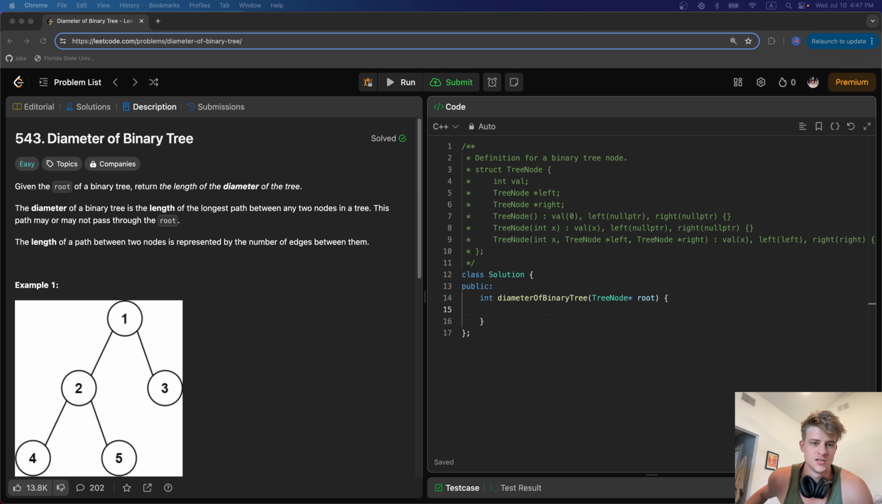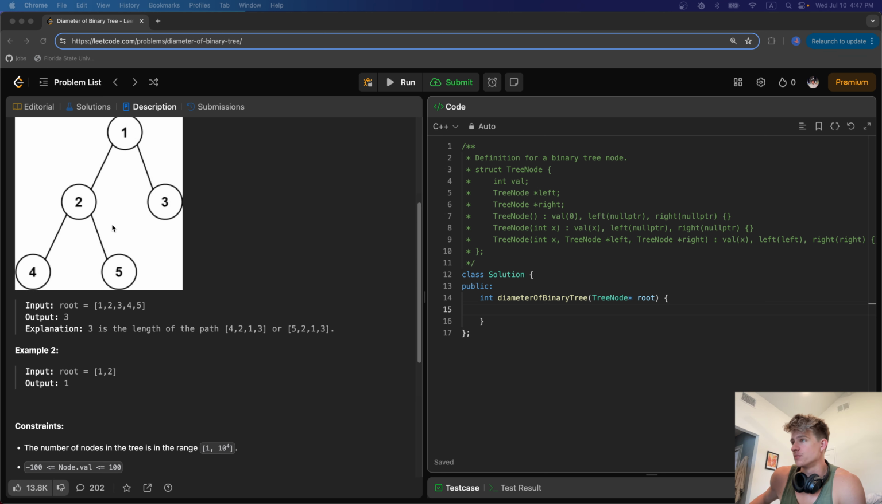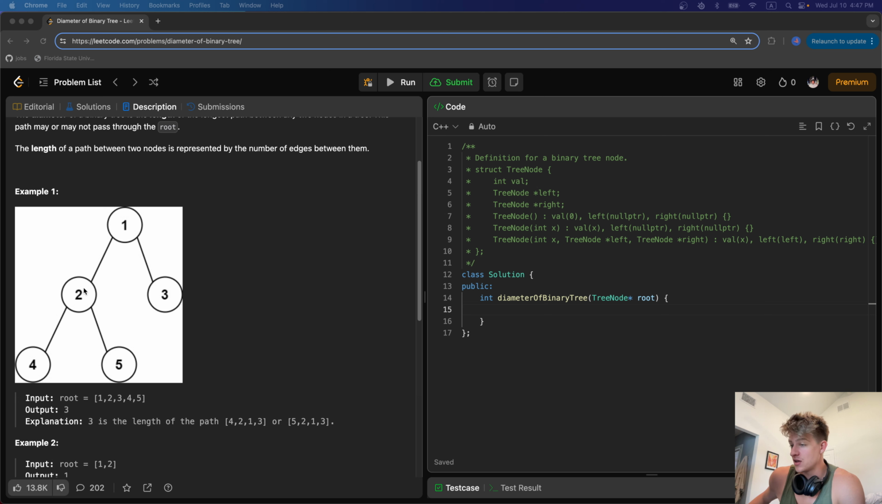up the edges. So if we look at this example here, we can see that the output is going to be 3 because that diameter, or the longest path between any two nodes on the tree, is going to be, we can see that between this 4, 2, 1, and 3, or 5, 2, 1, and 3, there are 3 edges in that path, so that's the longest diameter. So really,